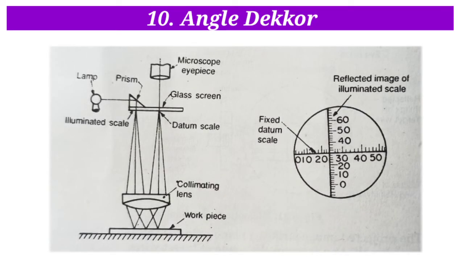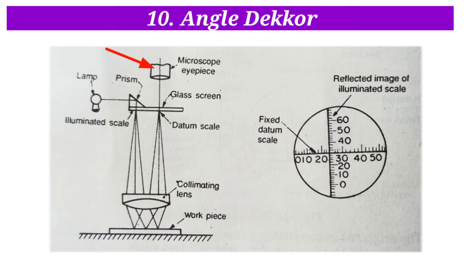Angle Decker is a type of autocollimator. It consists of a microscope, objective lens, and two scales engraved on a glass screen, which is placed in the focal plane of the objective lens. One of the scales, called the datum scale, is horizontal and fixed. It is engraved across the center of the screen and is always visible in the microscope eyepiece. Another scale is an illuminated vertical scale fixed across the center of the screen,